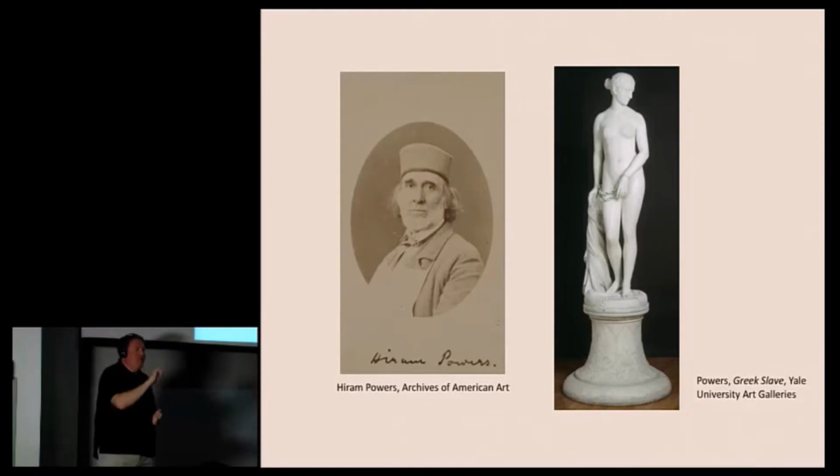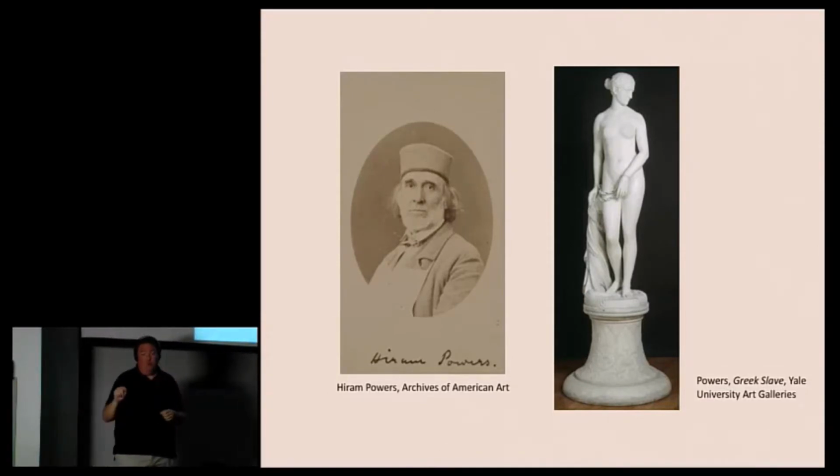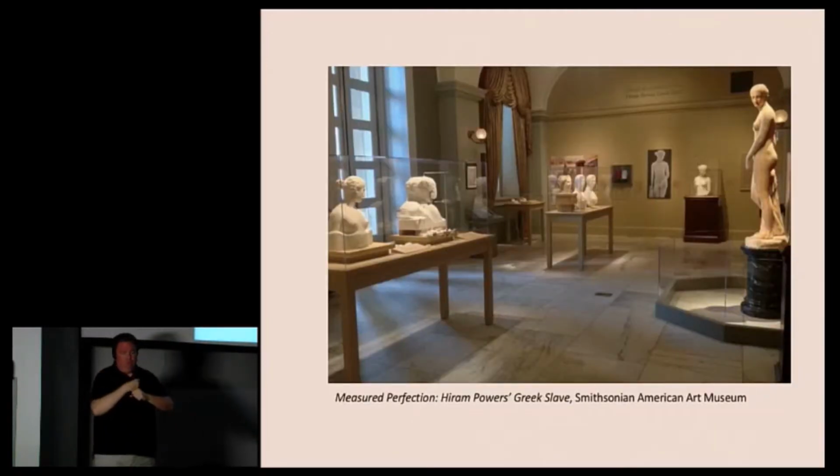Without these 3 partners, this project never could have come to fruition. In a nutshell, this is just a view of the exhibition, which was open for 2 years at the museum we affectionately call SAM, and closed this summer. It was an exhibition that focused on how Powers used traditional methods of his time to